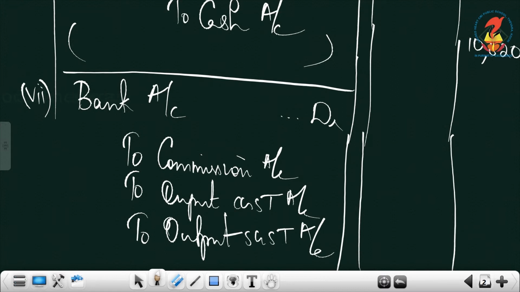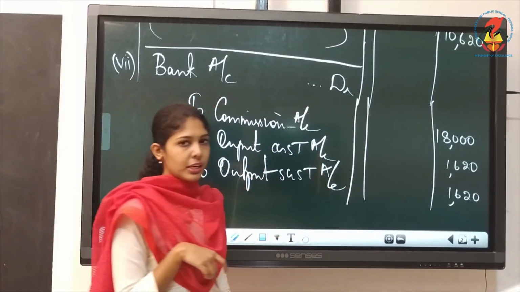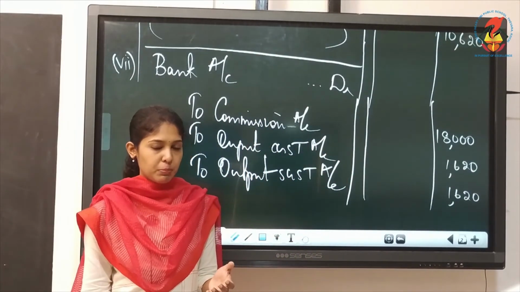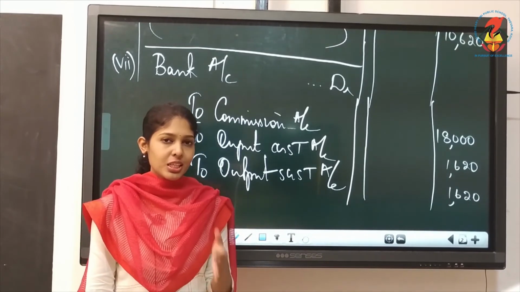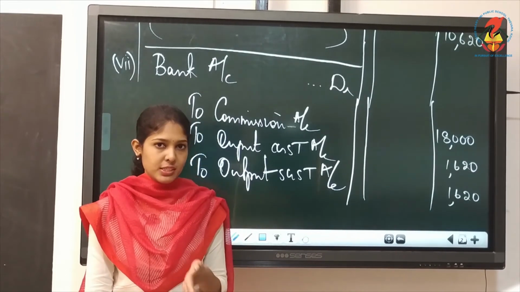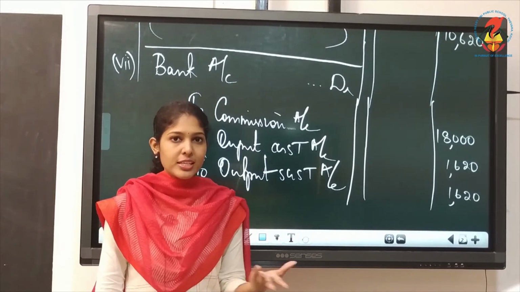And here the commission received amount is 18,000 and you must compute 9% of this 18,000. 18,000 into 9 by 100. You must do the calculations yourself. Don't simply copy and write. Do rough calculations always. Then only you can increase your calculation speed. Since you can't use calculators, if you want to finish the exam within the given time, you must have calculation speed. At the same time, your answers must be correct. I mean, accuracy is also needed, not only speed.